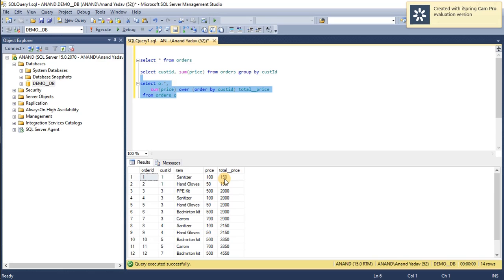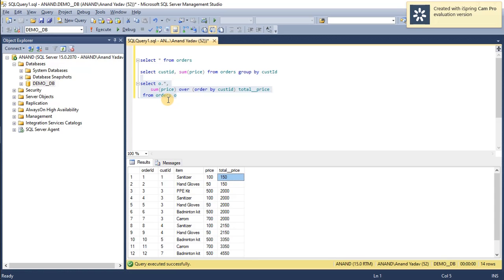Now when we use the analytic function, it returns the entire row, like here in the first row, and it returns the computation, the summation of the price customer ID equal to 1 spent, that is 150. The 150 has been written in the new derived column that we obtained with the help of this analytic function, sum of price over order by customer ID, and we gave it the alias name total price. So that we can obtain with the help of an analytic function.